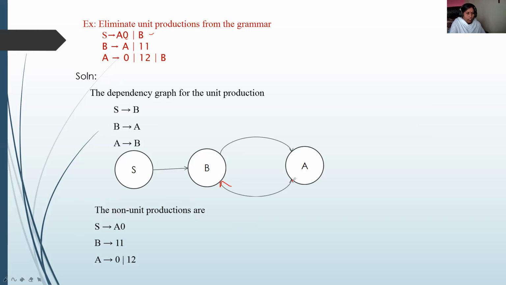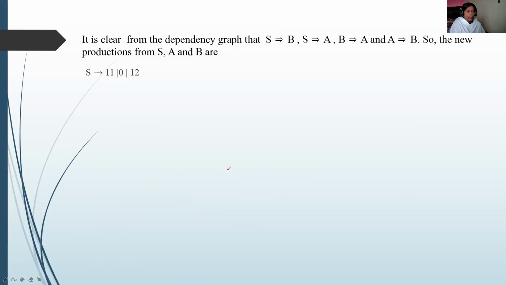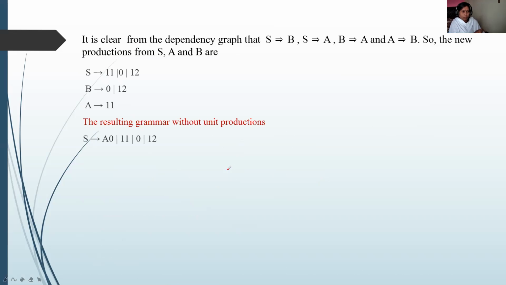So here B is producing A is producing B. All the non-unit productions of A are going to be the non-unit productions of B. All the non-unit productions of B are going to be the non-unit productions of A. So according to that, we'll write here S produces 11, 0 or 1 or 2. B produces 0, 1, 2. A produces 11. The resulting final grammar obtained after eliminating the unit productions is, see here, for this you